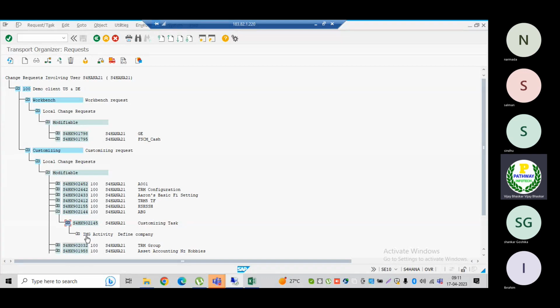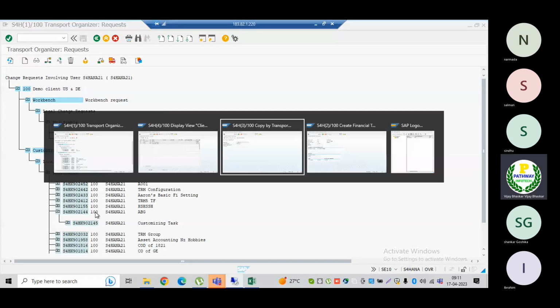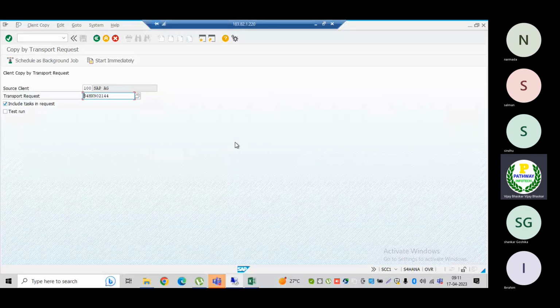So we can differentiate the changes if I specify the main transport request number. That is the reason when I am importing the transport request by using SCC1, I have selected one checkbox, include tasks in the request. For each and every change, the system will create separate tasks.